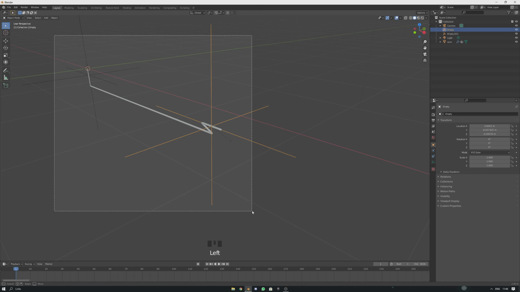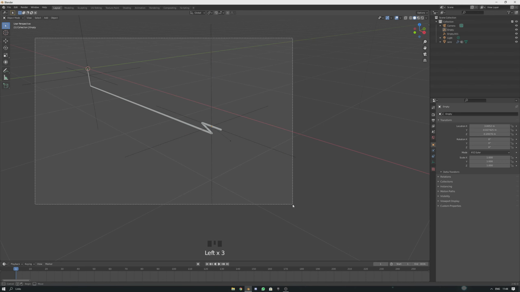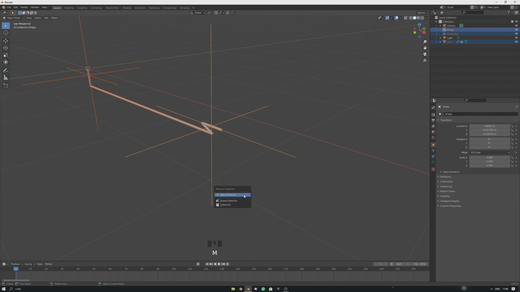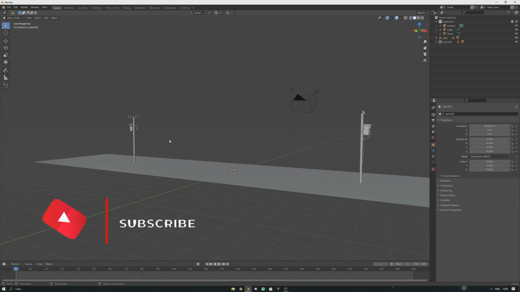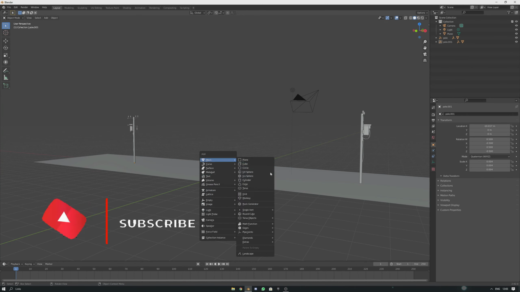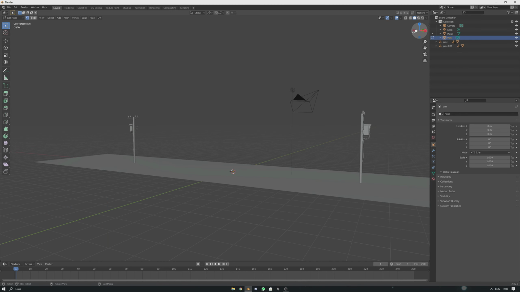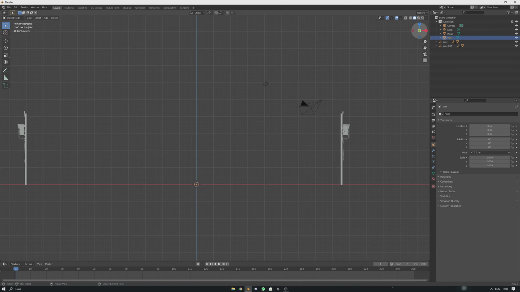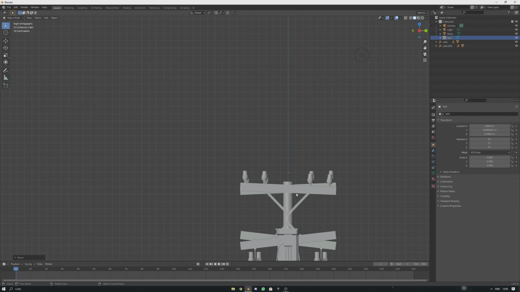So now for demonstration, we are going to delete all of this, or actually select this, M, new collection and call this wire. Okay, so I've gone ahead and made another scene in Blender. So we're just gonna do what we did before. Get into mesh, single vert, add in a new vert. Tab out of edit mode, select it, move it all the way up to this pole and position it correctly.